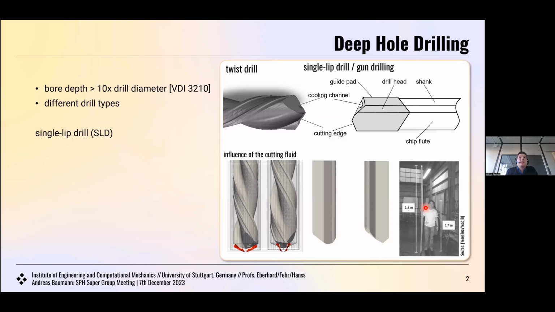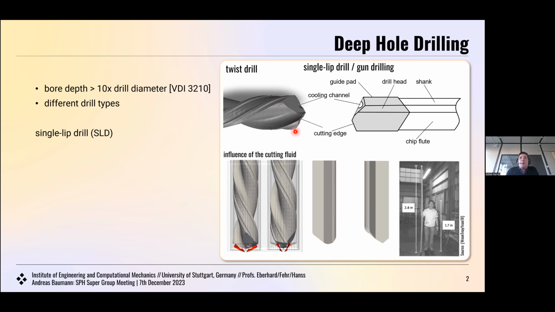Just to give you an understanding, what is deep drilling actually? What you all probably remember is a twisted drill, which we have all probably used at home to drill holes into a wall. It has two cutting edges, and it's a fairly simple drill. It rotates, and thereby the chips are evacuated out through the flutes. You can support the whole process by adding additional cooling channels, through which you pump some cooling liquid, which acts as a lubricant,